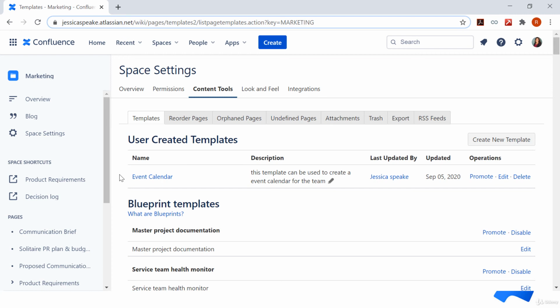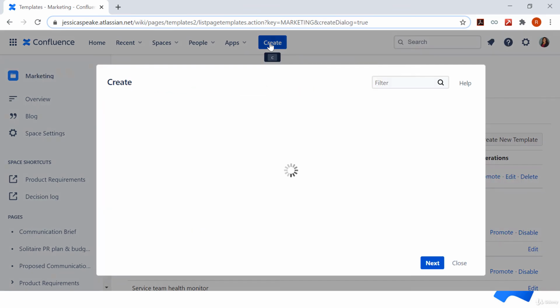Okay, so now we have the template listed over here with the description, with the stakeholder who updated it, when it was updated, and the various operations which can be performed on this template. Let's create a page using this template. To do that, hit the create button